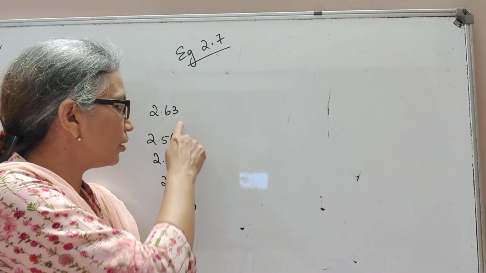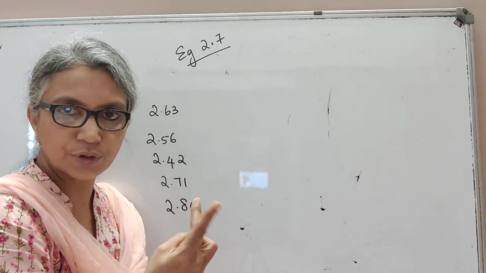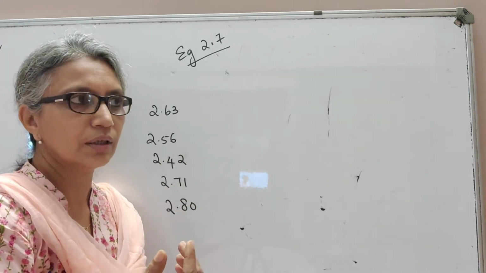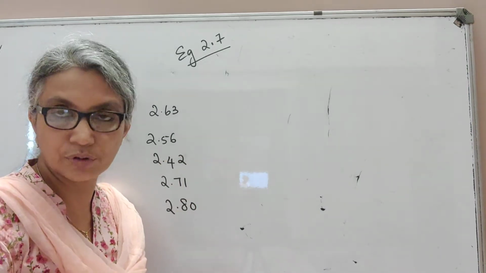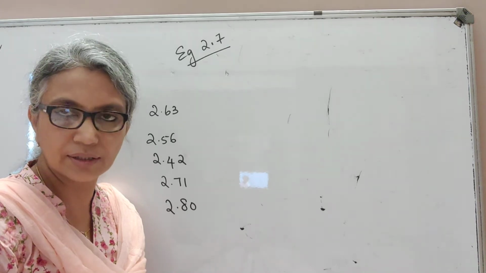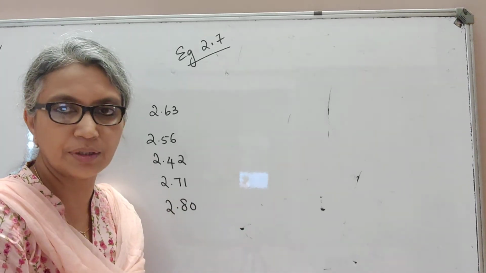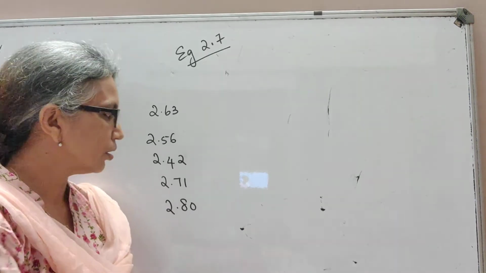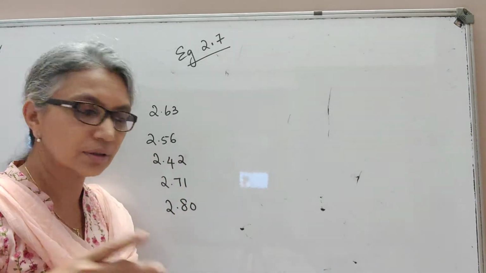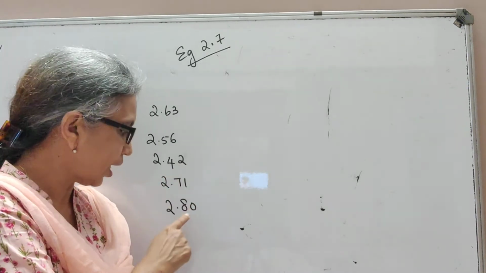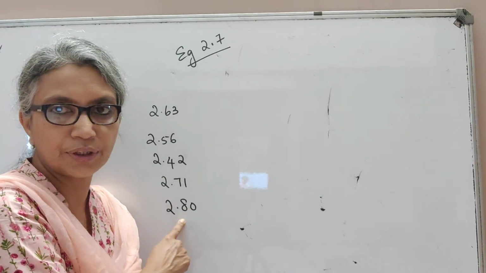Now you see that these two are different, which means that there is some error in the readings because probably he was not quick enough to start the stopwatch. Personal errors can come. There may be errors in the measurement. The stopwatch itself may be having some error in it. So next time he took it, he got 2.42. The fourth time he got 2.71. And the fifth time he got 2.80.